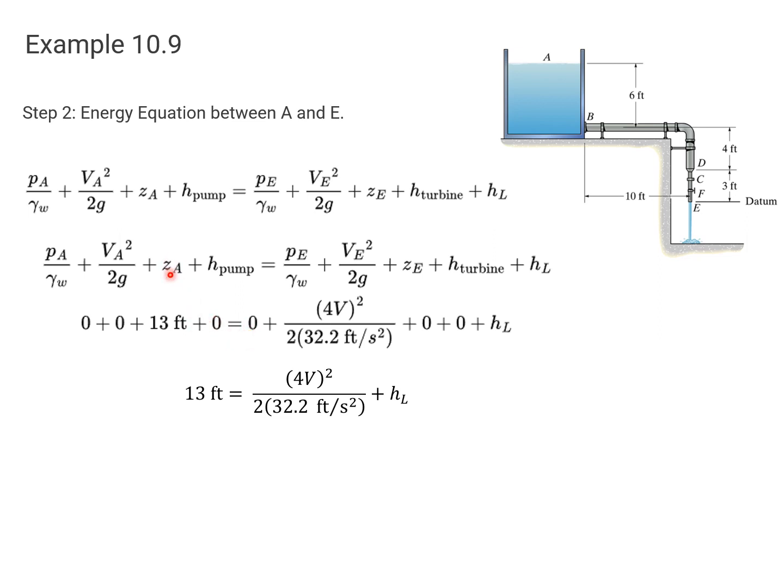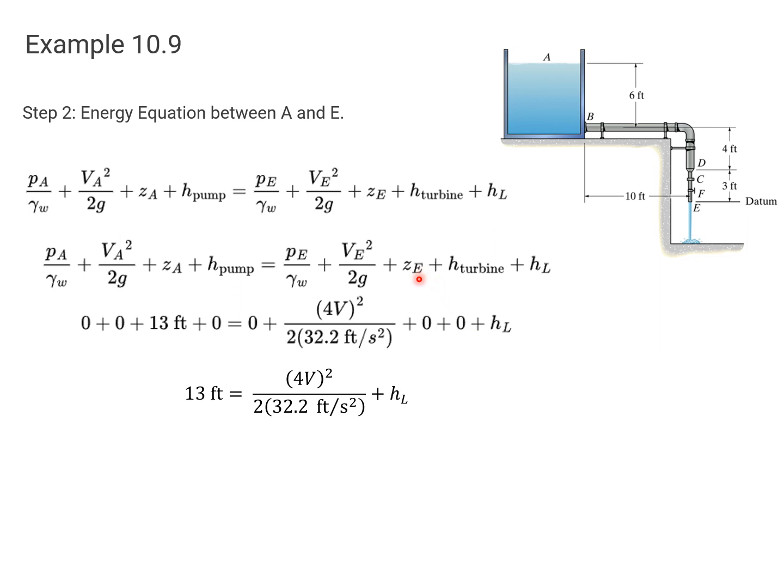And I'm sorry, not Z. Z of A is the 13 feet we calculated. H of the pump, there is no pump, so that part's 0. The pressure at E is 0 since it pumps out to the atmosphere. The velocity at E, we're going to use the value we just calculated, 4 times V,